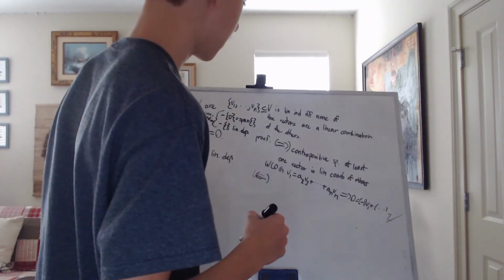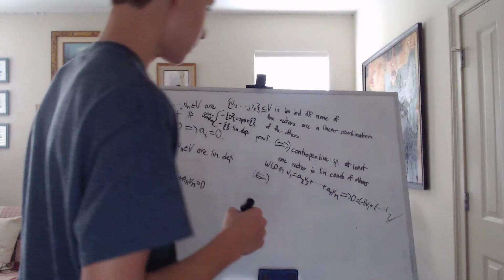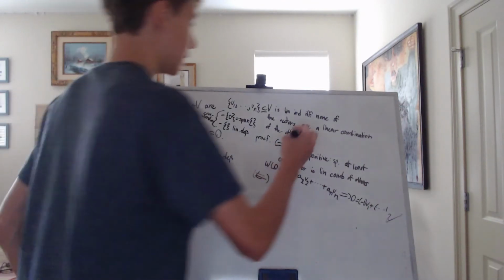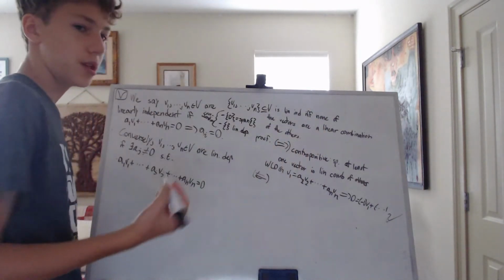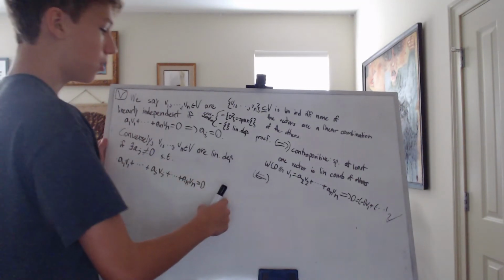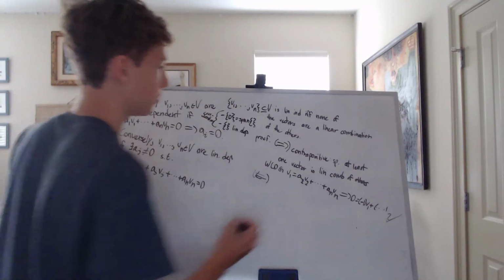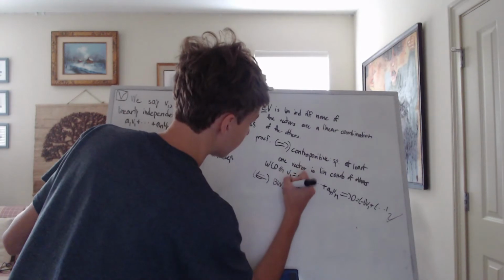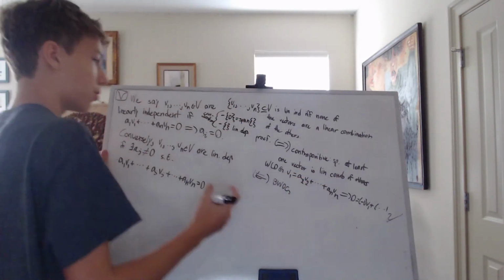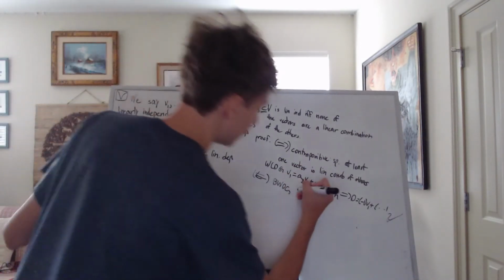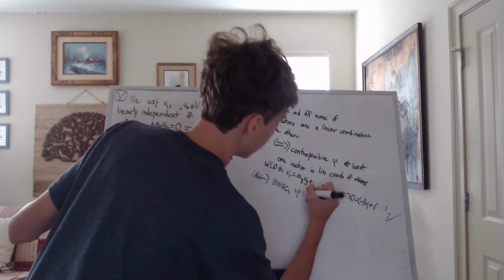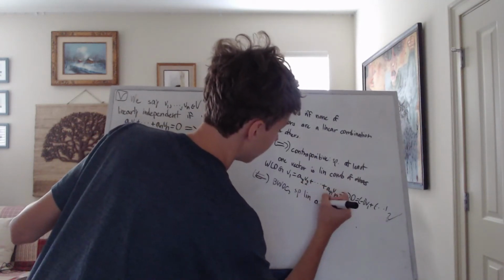Well, let's see. We could still prove the contrapositive here, or let's go with a different technique. Let's go with contradiction, just for fun, they're pretty much equivalent techniques. By way of contradiction, suppose the set of vectors is linearly dependent,